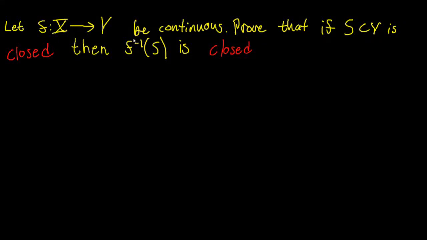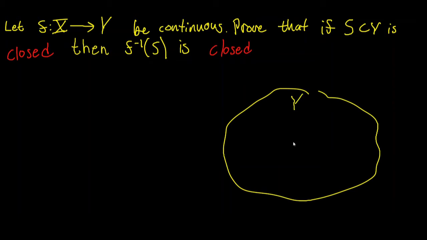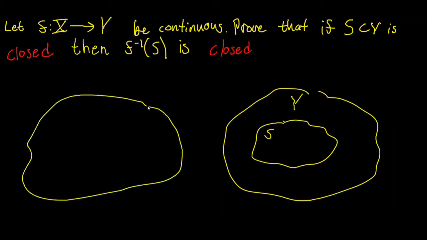Let f be a continuous function that maps from x to y. Prove that if s is in y, so here's y here, and s is a closed set in y, so here's s, then prove that the inverse image of s under f, so here's our domain x, prove that this inverse image of this set, which is somewhere in here, inverse image of s, is